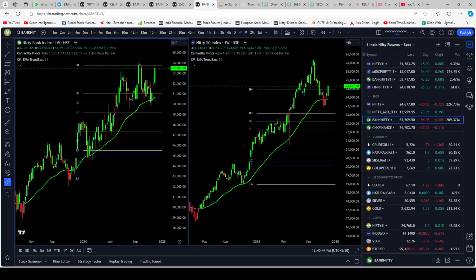Just make color changes like I have made. If at all you're wanting to make color changes, for me the central pivot is blue and the others are white. Otherwise you can leave it in the default settings as well. Just remember, in Camarilla pivots,